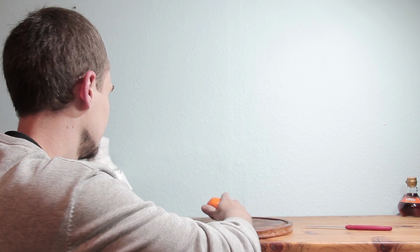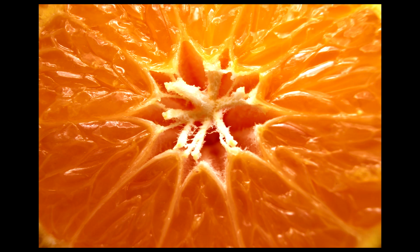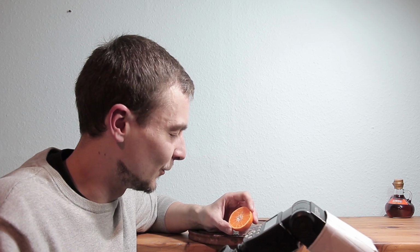Alright, for this subject I got a couple ideas, the first one of which is an absolute classic. We're just gonna cut this mandarin straight down the middle and we're going to take some nice symmetrical shots of just the geometrical structure that we'll find inside, so let's get started. Awesome, that's looking pretty good, looking really delicious. It makes me want to eat this mandarin right away, but before we do so we got a couple more